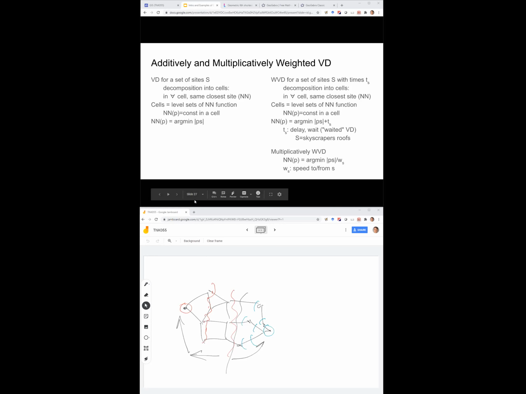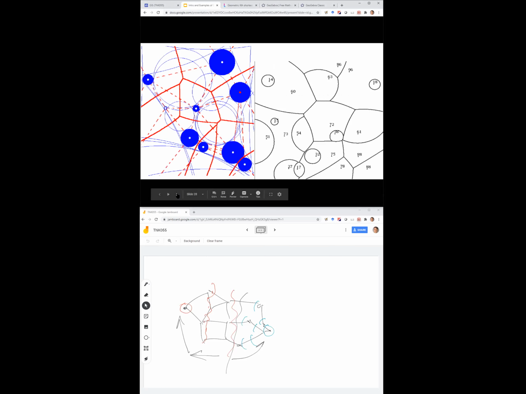Okay, so these are called generalized Voronoi diagrams, and they have some natural interpretations in terms of reaching to or from various places. And here are just a couple of examples of additively and multiplicatively weighted Voronoi diagrams, where the weights are represented by the circle sizes. And you can see that they look different. I mean, in the usual Euclidean Voronoi diagram, the edges have straight boundaries. Here they don't have to have straight boundaries. Anyway, we don't really want to compute these diagrams.